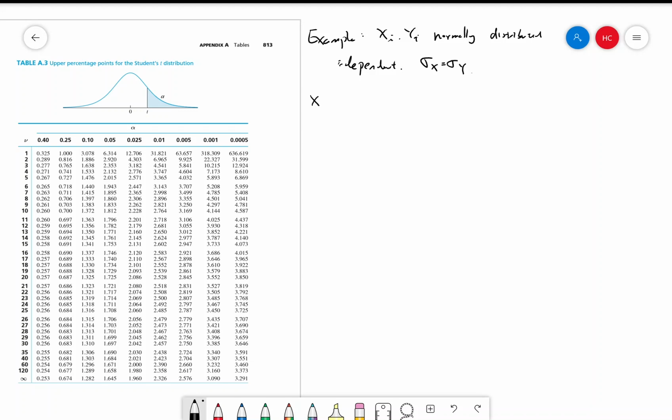For x, the sample size is 5, and the sample mean is 3.16, and the sample standard deviation is 0.042. For y, sample size is 7, sample mean is 3.24, and the sample standard deviation is